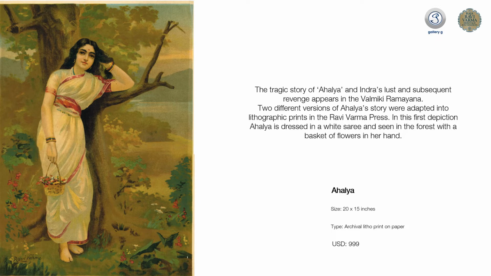So what happened was Ahilya was this devoted wife of a Maharishi, a great saint called Gautam. Gautam was a much older man, always busy in meditation, and Ahilya was his dutiful wife. So one day Indra, the god of thunder and the king of gods, was passing through the clouds and he saw Ahilya, and he was immediately infatuated with her beauty because she was a beautiful woman, and he thought to deceive her in order to be near her. So he disguised himself as Gautam and came to Ahilya, and thus Ahilya unknowingly